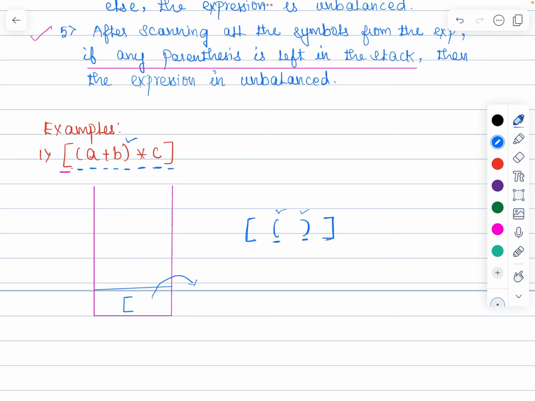Once popping out is done, you have to check whether both are equivalent. Yes, this is an open square bracket and this is a close square bracket. When you check both are equivalent, if both are equivalent, you can proceed. And again you start scanning the symbols from the expression, but the expression is completely over. There is no new symbol left to scan in the expression, and since there is no symbol